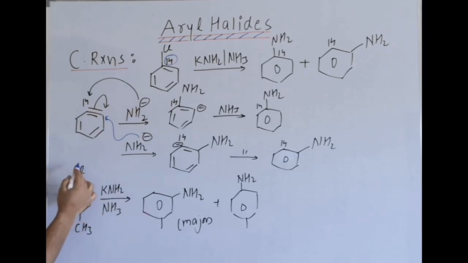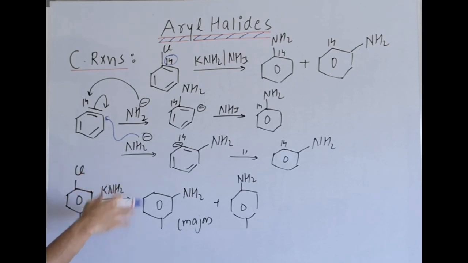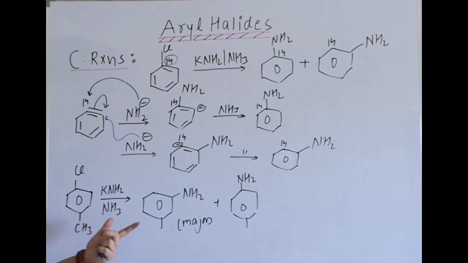Here is chlorobenzene, and these are the conditions for the benzyne reaction. In place of Cl, we know that in the reaction, H will leave from the ortho position and we get the benzyne intermediate. Now in this case there is one group, CH3, present. Its electronic effect will give the major product and another minor product.